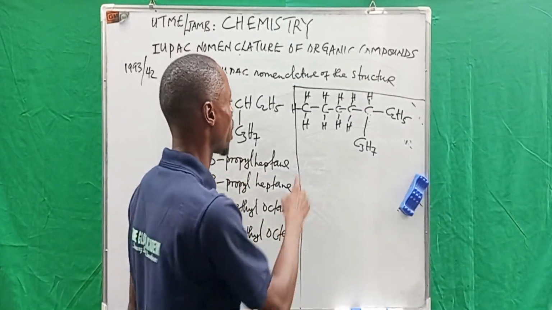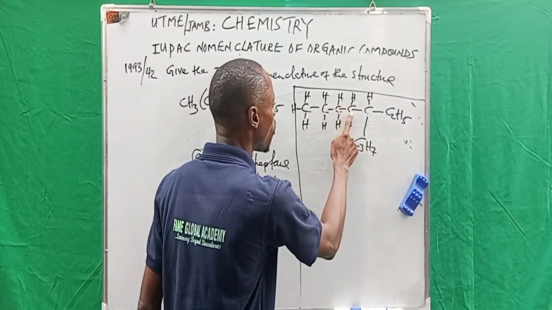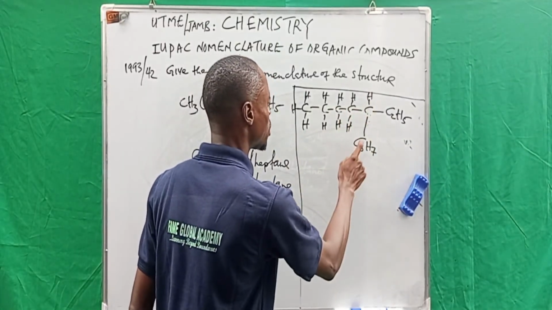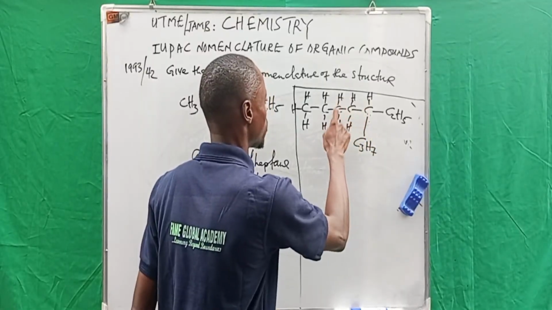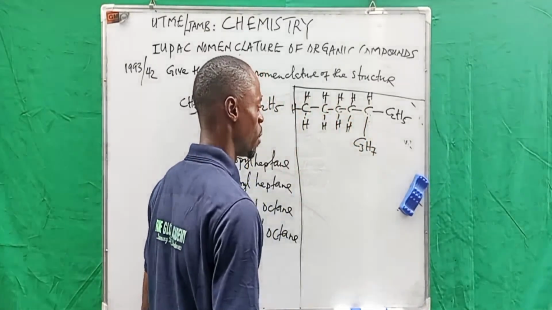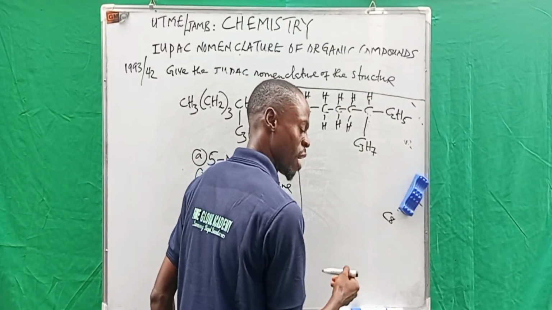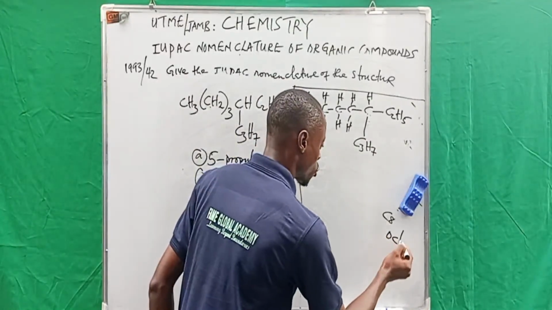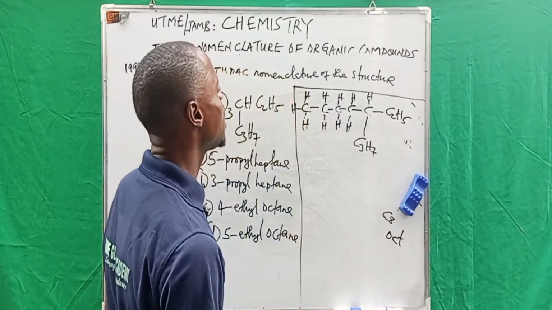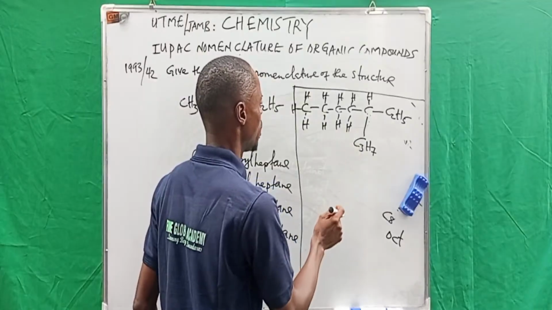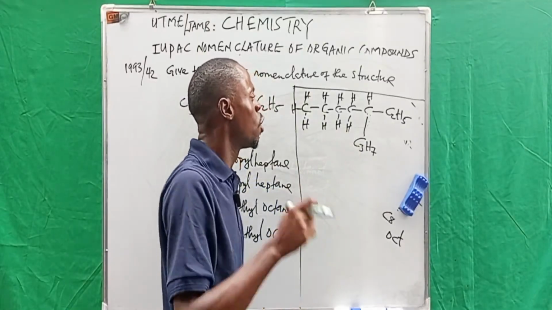Let's try and locate it. So we have 1, 2, 3, 4, 5, 6, 7, 8, or 1, 2, 3, 4, 5, 6, 7, 8. Are you following me? So the longest carbon chain is 8, and 8 in organic chemistry is what we call oct. The next thing, having located the longest carbon containing chain, is to locate where a